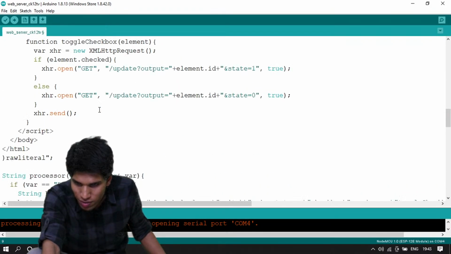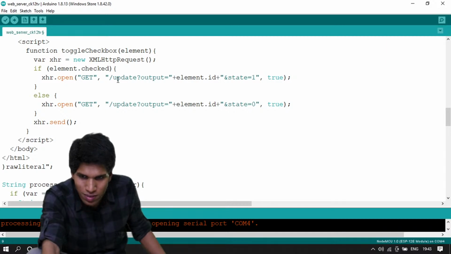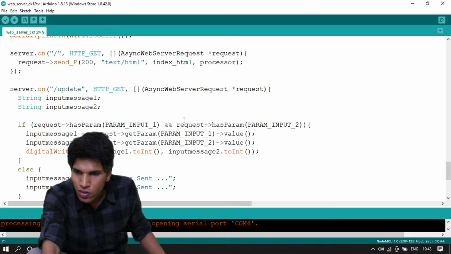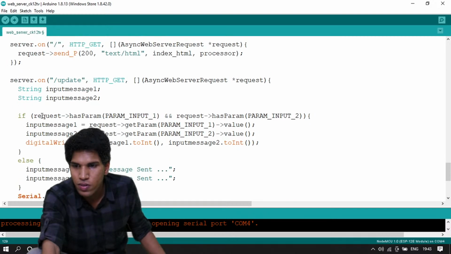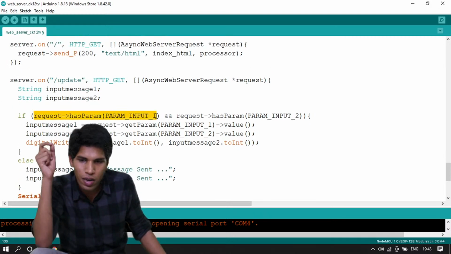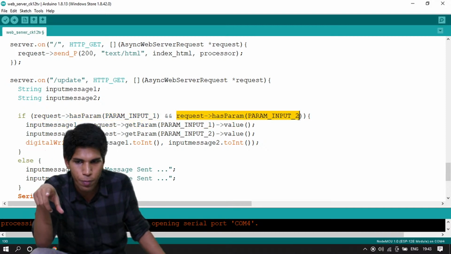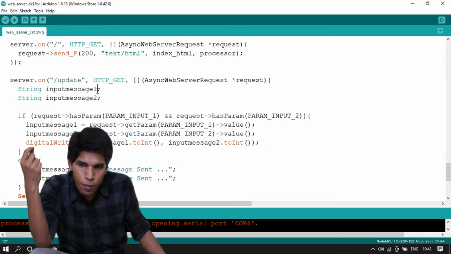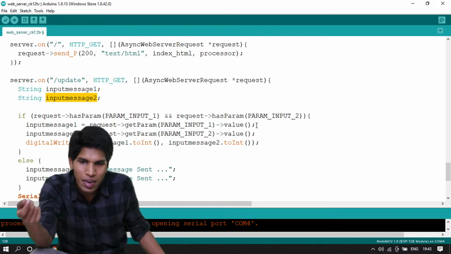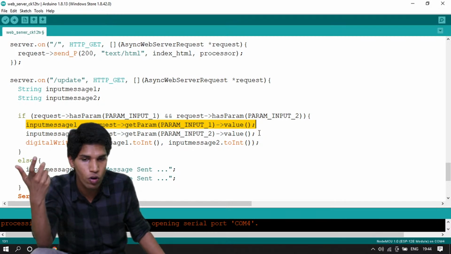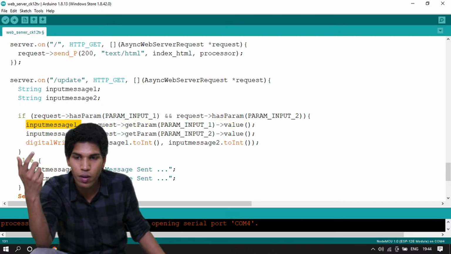So whenever we are sending these requests, they have these output and state strings, right? That's what my server is checking. So if the request has the values of param input 1 and param input 2, then I'm telling it to store the values of those buttons, on or off, 0 or 1, in inputMessage1 and inputMessage2.